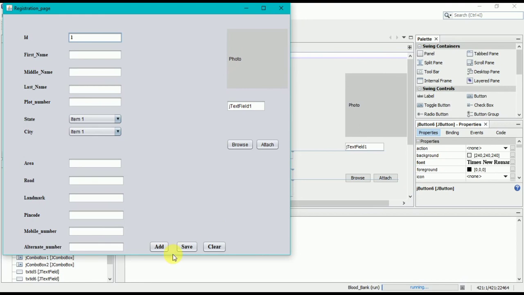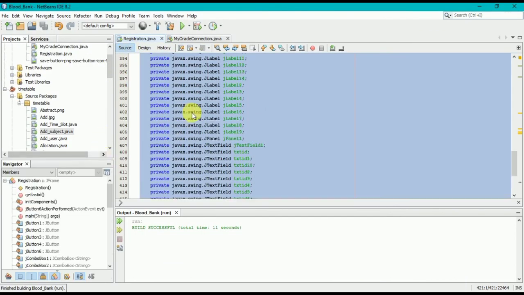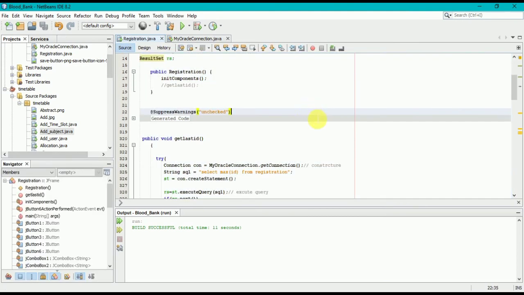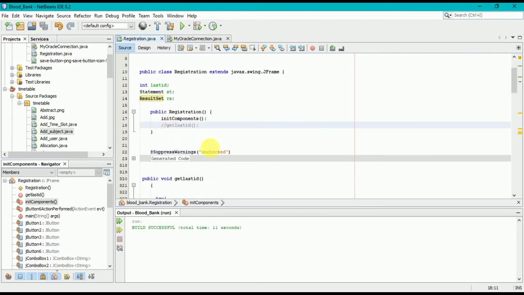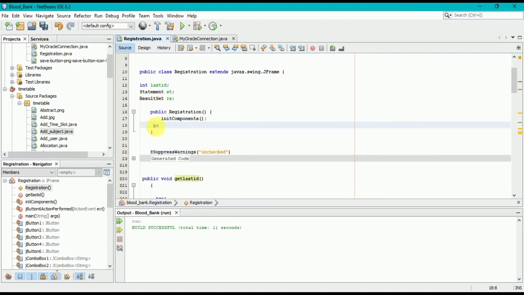In this way you can call it via a button, or you can call it directly at runtime, that is, whenever you load your form it will call it. Just write it in your load event, always below the initComponents line. So let's see.